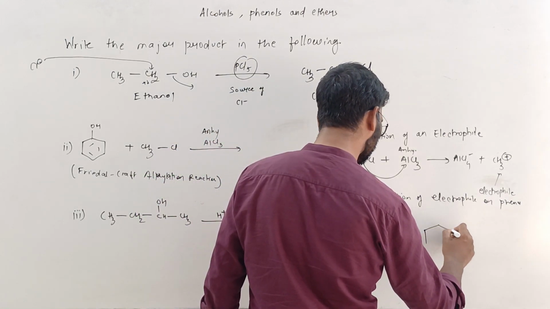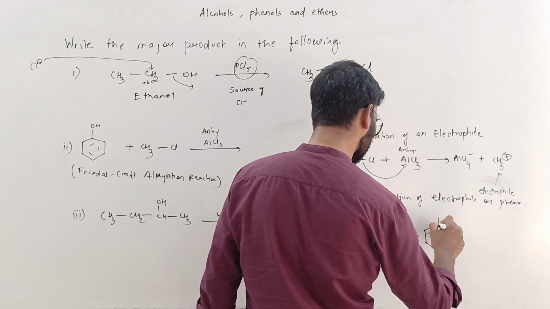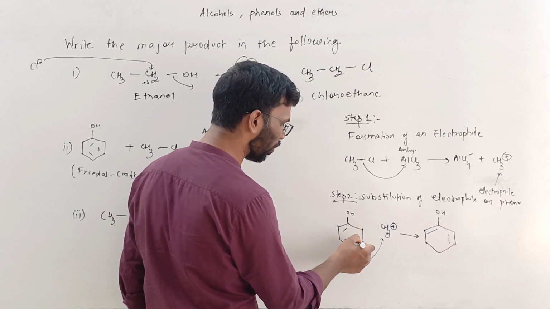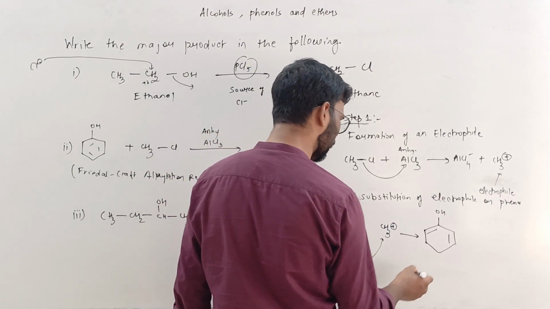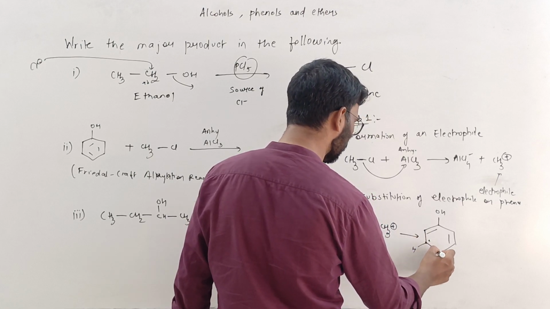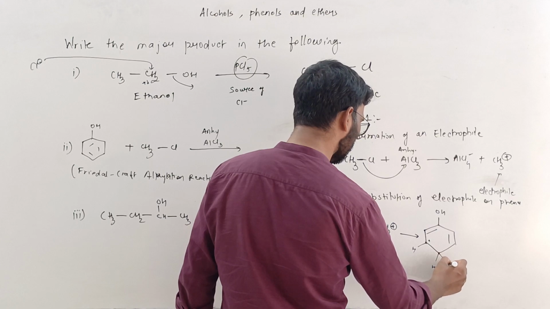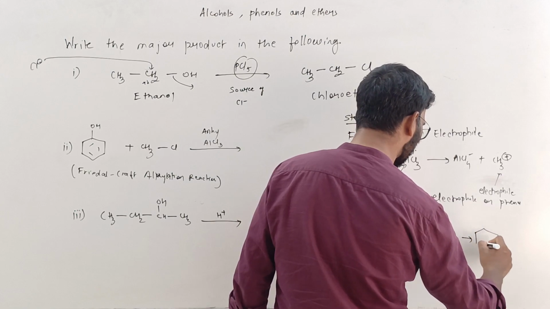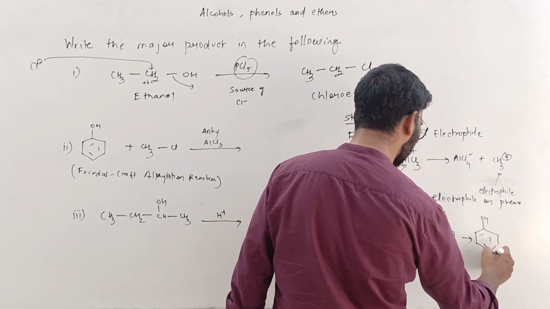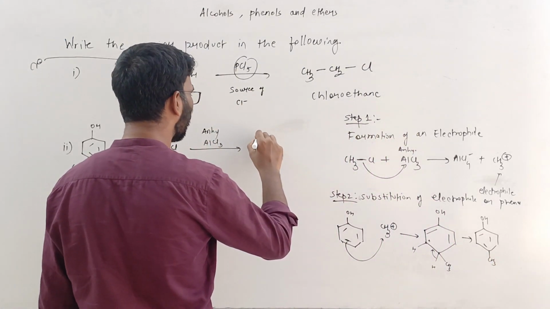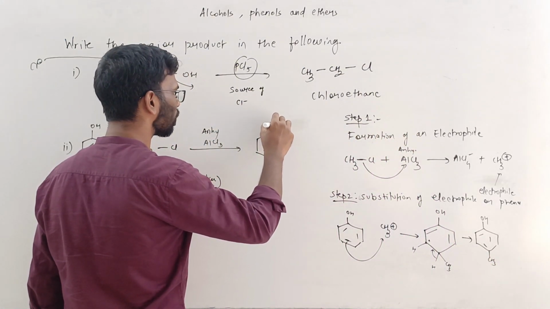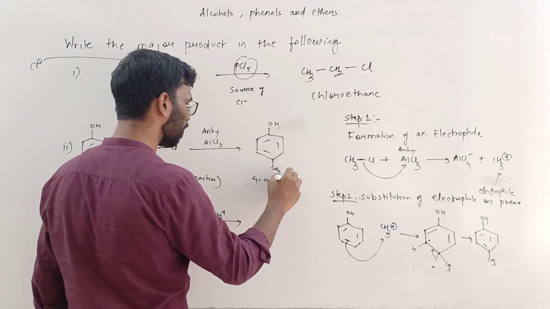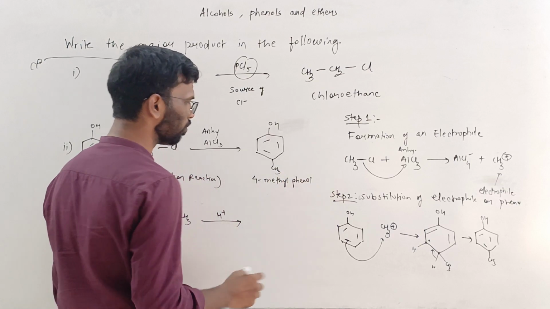And what you get is this OH. You see that there is hydrogen on every carbon. Here there is hydrogen, hydrogen, hydrogen, hydrogen and hydrogen. Only thing we don't show this. But here I'll show. This hydrogen is there. This is positive charge. There is a hydrogen and this CH3 is going to come. Now to maintain the aromaticity, this H plus will leave. And finally, what you get is this OH and CH3. Means over here, the product is this. So this is 4-methylphenol. This is what the product is.